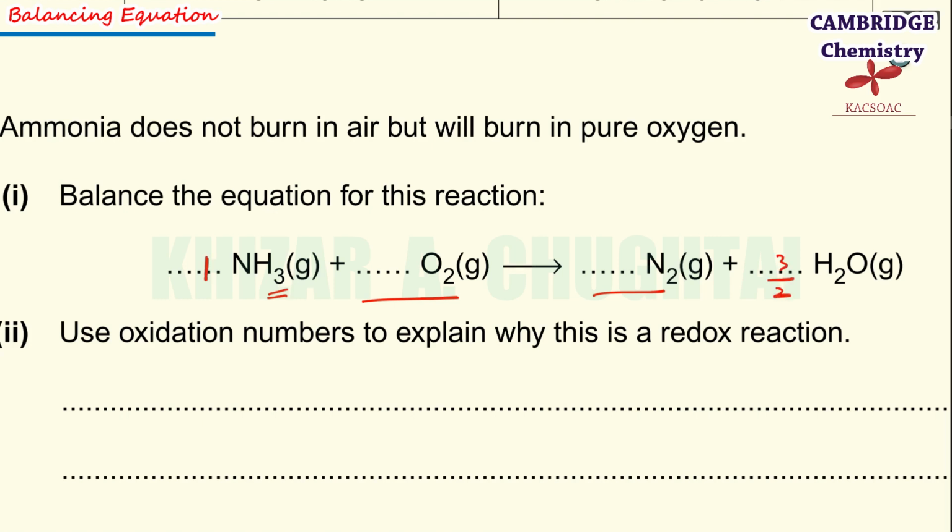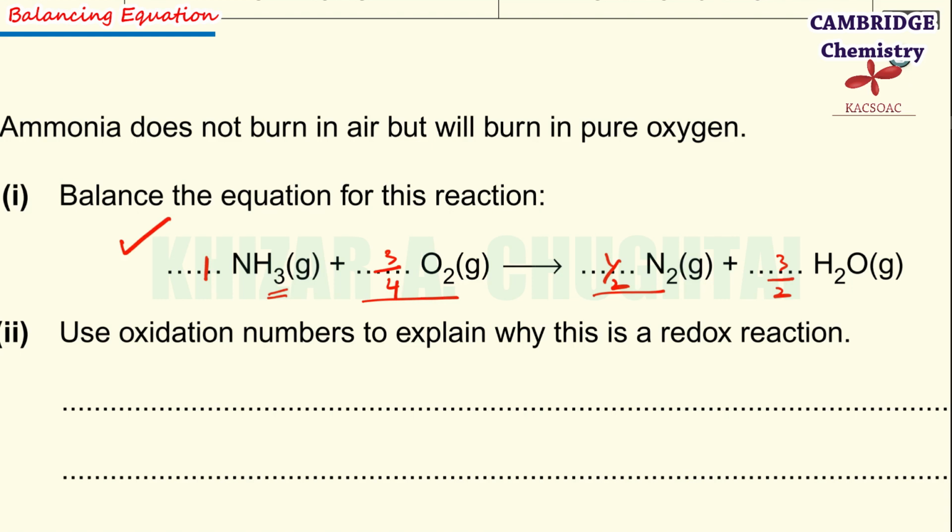I'm putting 3 by 2 over here. 3 by 2. And I'm going to put over here half N2 to balance the nitrogen atom, and oxygen is 3 by 2, 1.5, and I am going to put over here 3 over 4 O2, and this is the